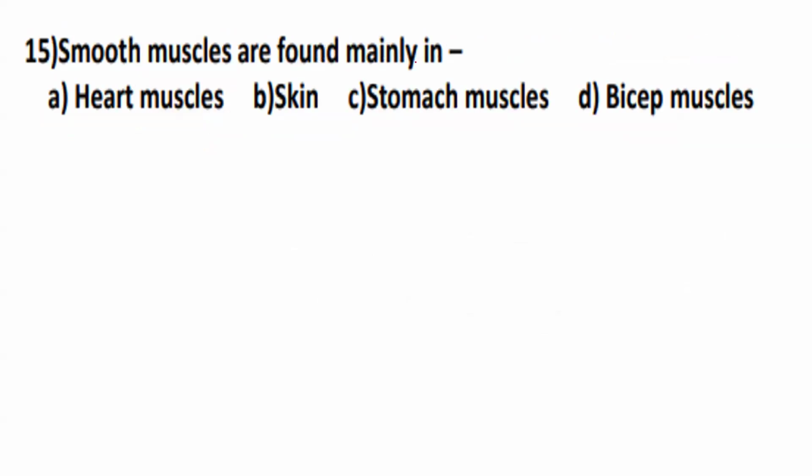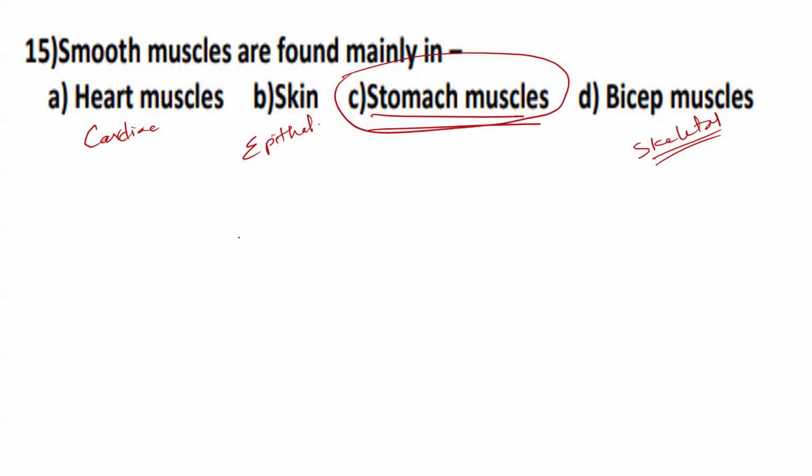Then, smooth muscles are found mainly in heart muscles. No, heart muscle is cardiac. Skin is epithelial. Bicep muscle is skeletal. Movable muscles are skeletal muscles. So stomach muscles, not the outer covering of the stomach. Outer covering of the stomach will have epithelial. The muscles inside part of the stomach will have smooth muscles. So good examples are there for smooth muscles. The inner part of the stomach, no? Digestive system,